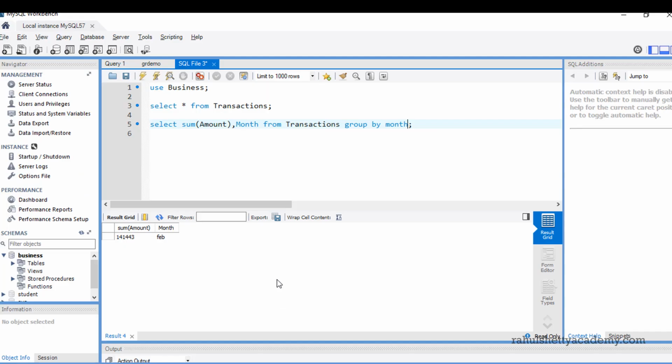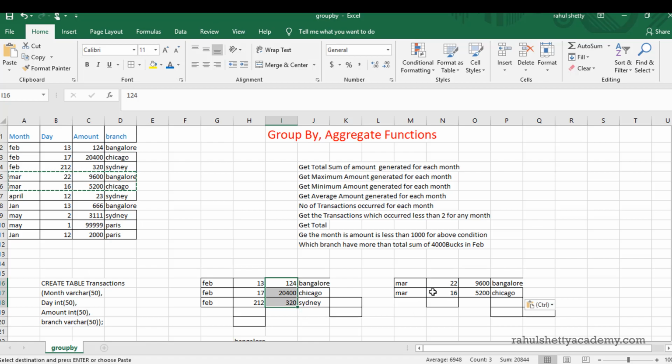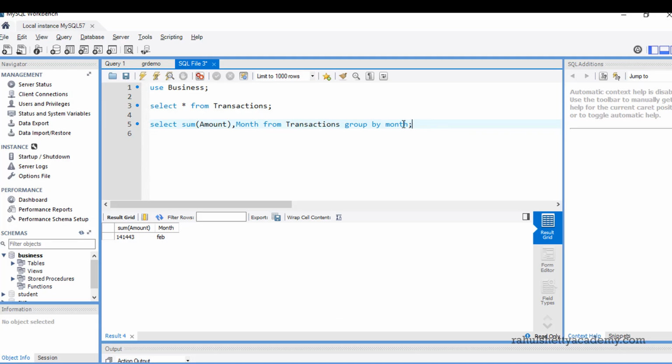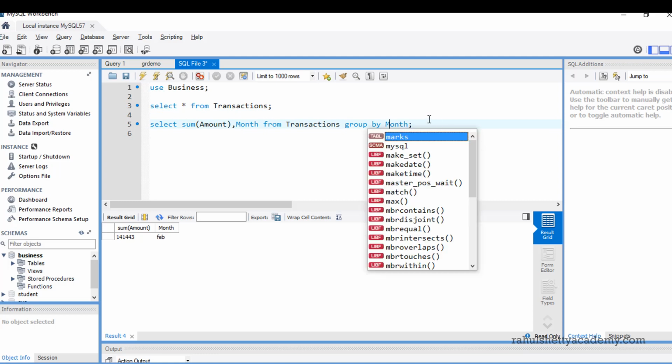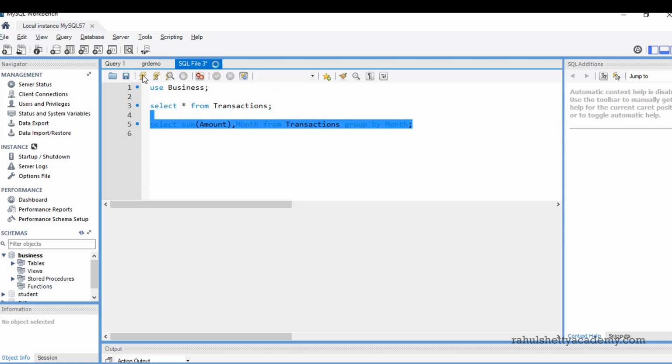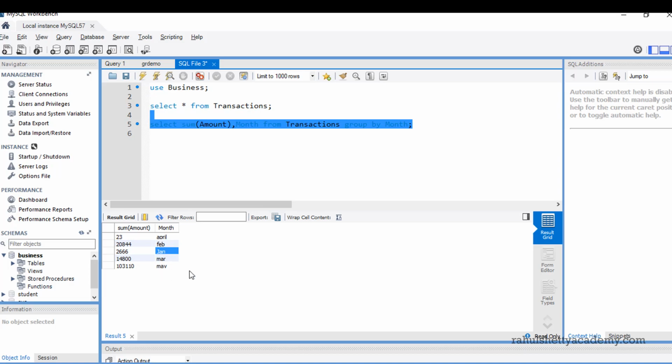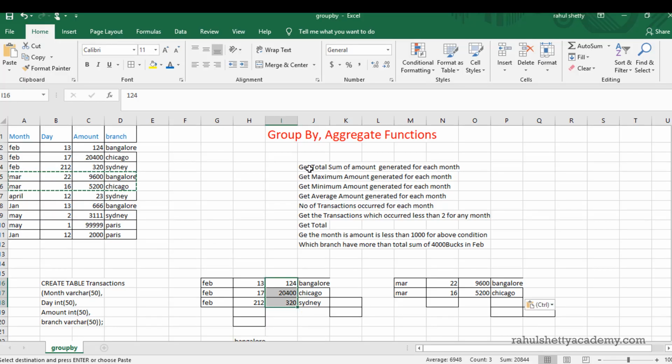When you run this with group by month, it applied group-wise and gave you the perfect result based upon month. That's how you can achieve the total sum of amount generated for each month.